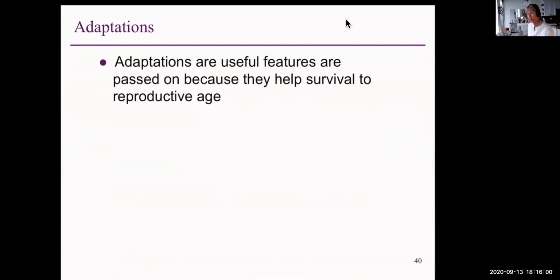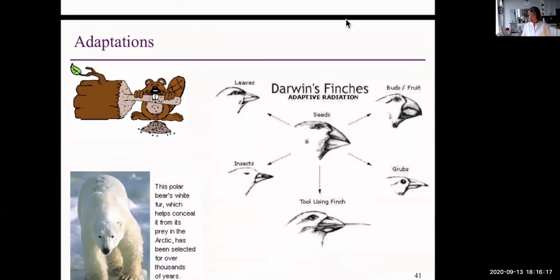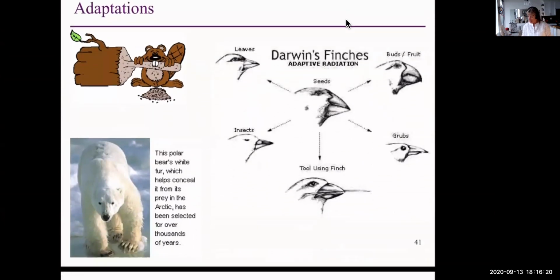Well, if you've survived to reproduction, that means you have adaptations that are useful features. They help you to survive, like, for example, resistance to antibiotics if you happen to be a bacteria. There's many different kinds of adaptations that animals have. In this case, the beaver has ever-growing teeth. And it's an adaptation because the beaver eats wood, it grinds its teeth down, and if the teeth just stayed short and stumpy, it couldn't eat. So the adaptation of the beaver is ever-growing teeth.